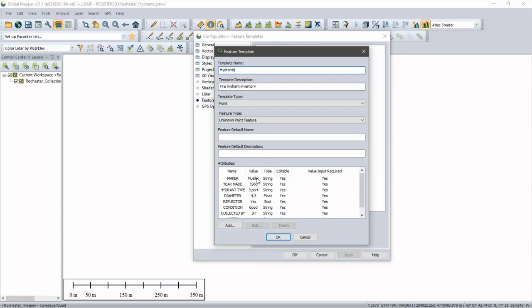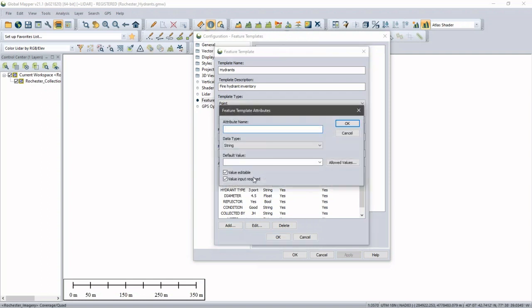Now, this is obviously something I did earlier. This is like a cooking show where I have the ingredients, I've described the ingredients, but I'm showing you one that's finished. Each of these would represent an attribute that's associated with the point. And I add these by simply clicking the Add button, as you see here. Assign the attribute a name, define the data type, whether it's a string, integer, float, or Boolean. This is a fairly new addition to this tool where you can define what the characteristics of that particular attribute